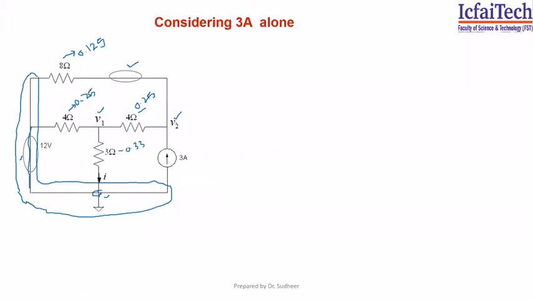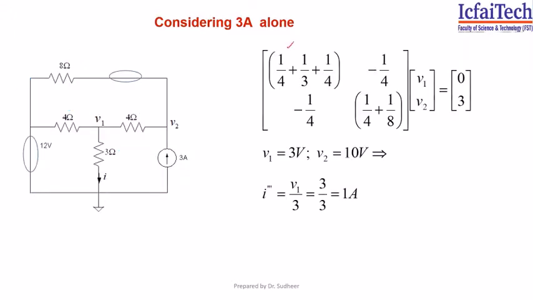It consists of two unknown node voltages. Connected to the first node, that is 1 by 4 plus 1 by 4 plus 1 by 3. And the off-diagonal element is the conductance which is common between the first node and second node, minus 1 by 4. The 1 2 element is equal to the 2 1 element. Then coming to the next, add all the conductances which are connected to node 2. One is 1 by 4, another is 1 by 8. Okay, 1 by 4 plus 1 by 8. V1, V2. You can see there is no current source directly connected to V1, therefore 0.